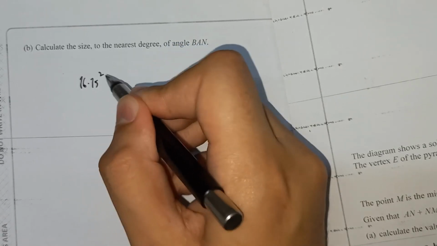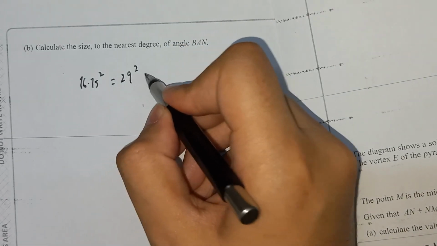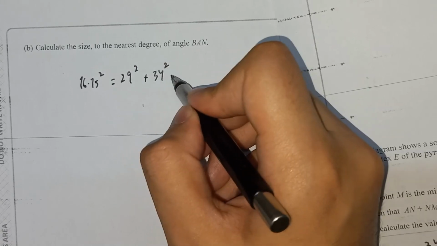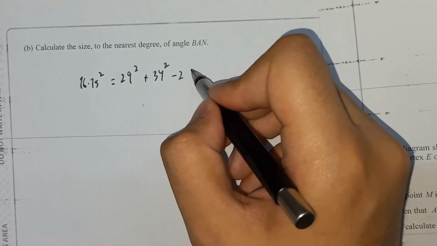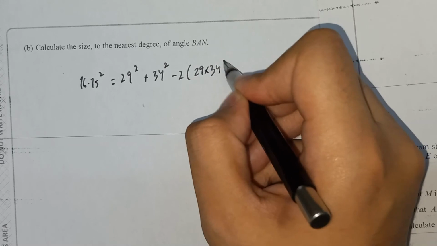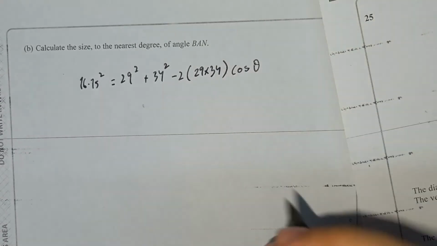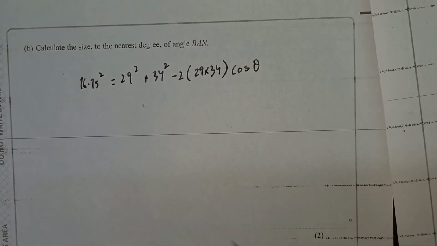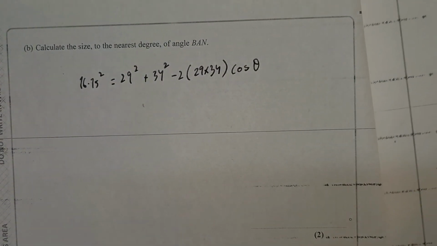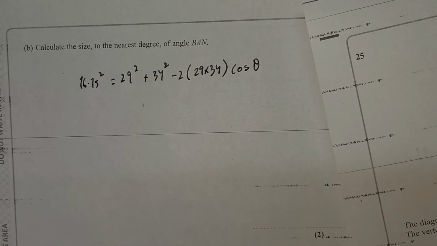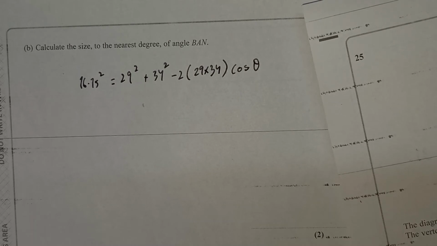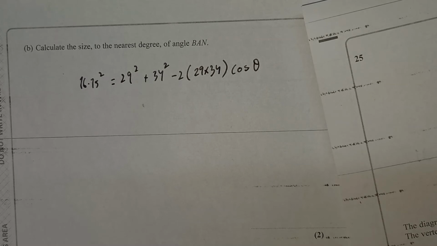16.15 square equals 29 square plus 34 square minus 2 into 29 into 34 cos x, the cos theta. Now again, I will not be going into too much detail in solving this part, and I will simply be writing the answer over here, which is